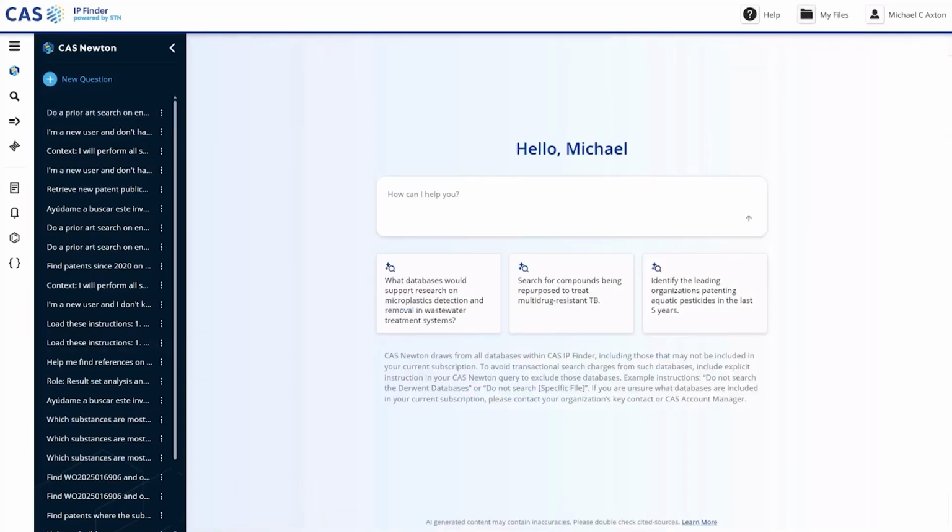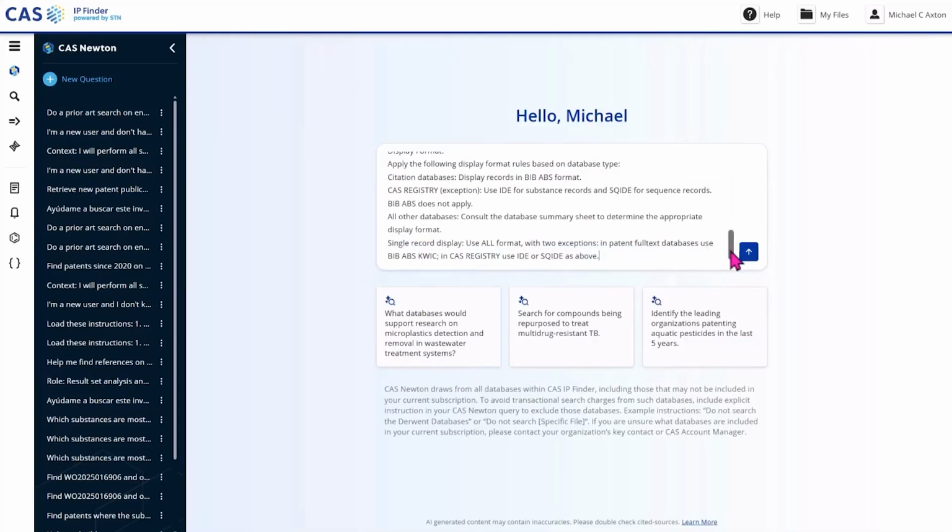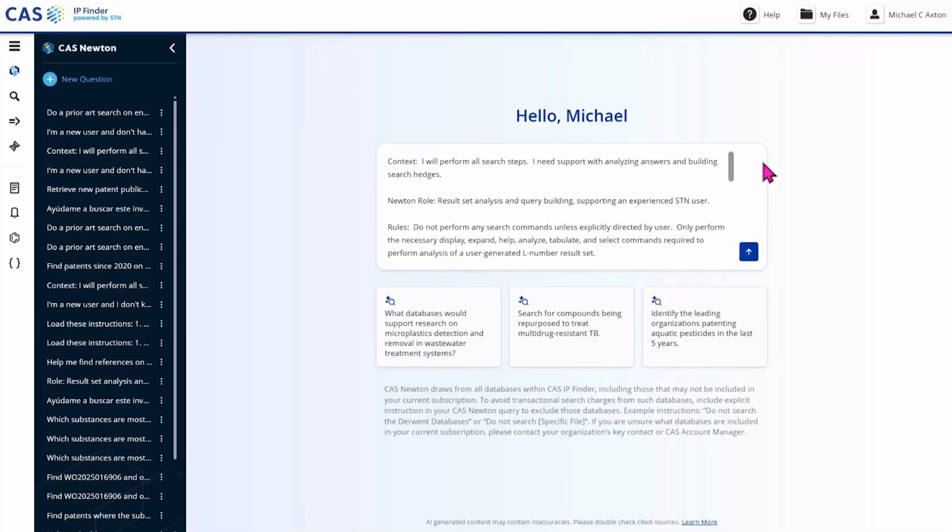In this final example, I'm going to show you how you can provide some extremely detailed pre-search instructions for those of us that really want to exercise a high degree of control over how Newton supports us. So in this example, you're going to see quite a lot of information here that I'm putting in to define exactly what I want Newton to do for me. Now, you don't have to follow this exact format, but this is a general template that you might consider,